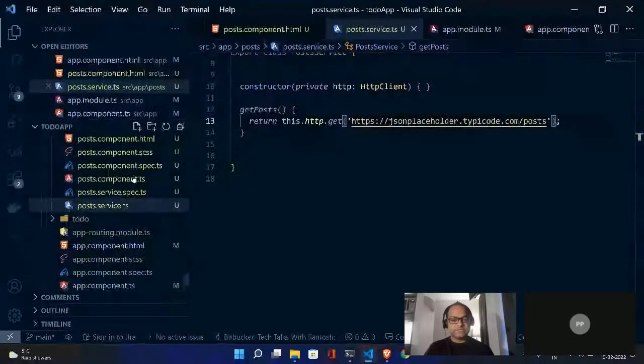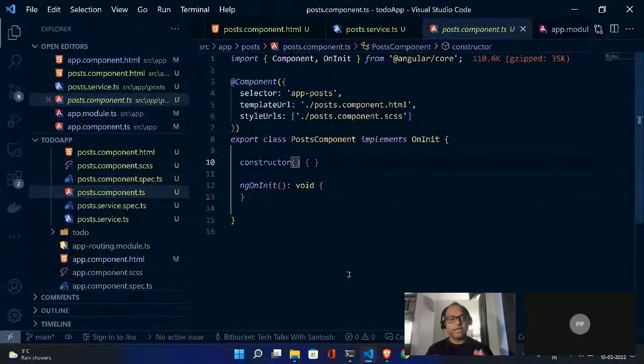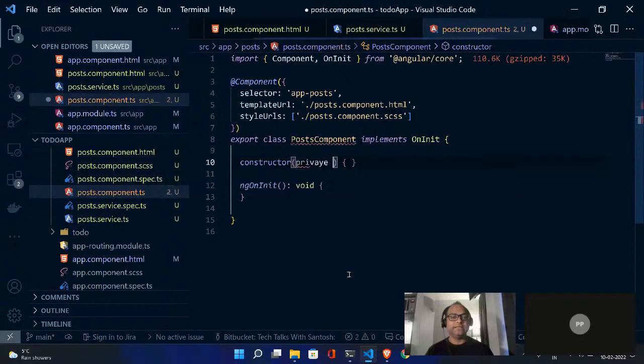Let's go back to our component. And now, as I said, our component will be only responsible for presenting the data. So who will provide this data now? The service.